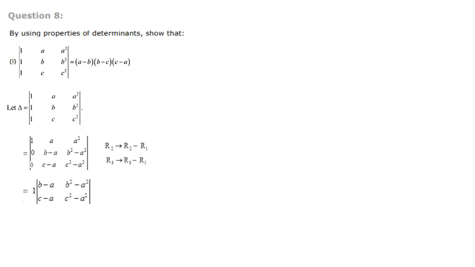Then I have to expand along the first column. Expanding along the first column, that is 1 into, the first element sign is positive, 1 into, that row and column are gone, then the balance is b minus a, b square minus a square, c minus a, c square minus a square, it is written. Next is 0, next element also 0, so no need for those elements.